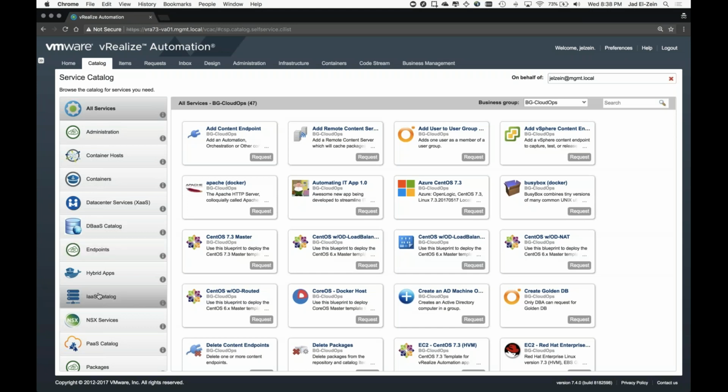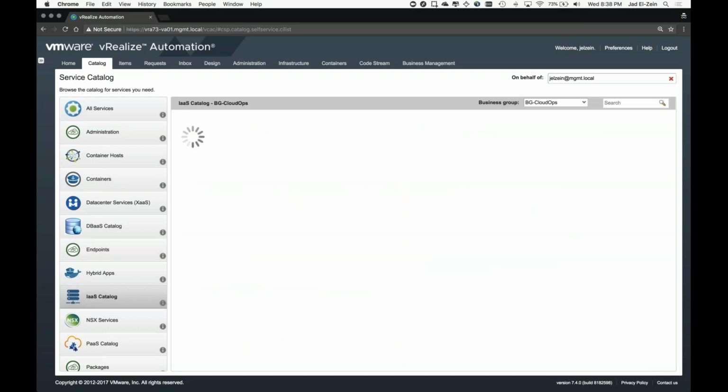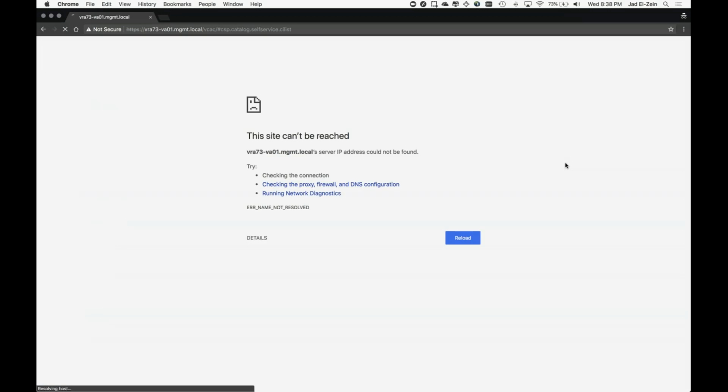Here's the recap: instead of the boring old forms, vRA 7.4 introduced this concept of the custom forms designer, which allows us to change and manipulate the interface of